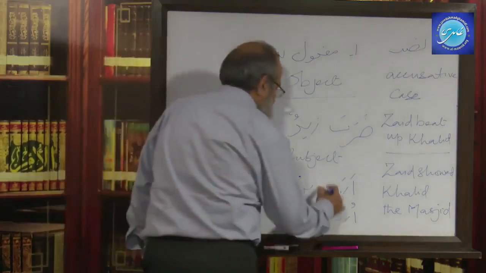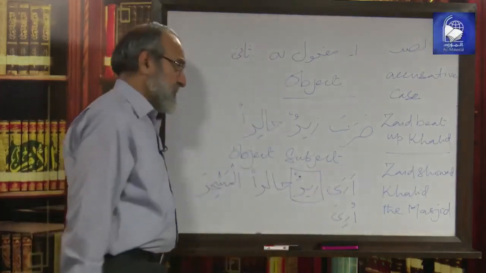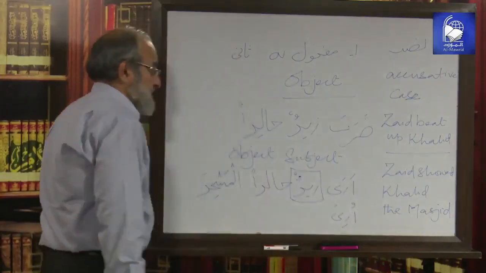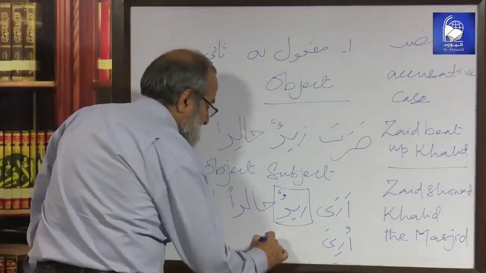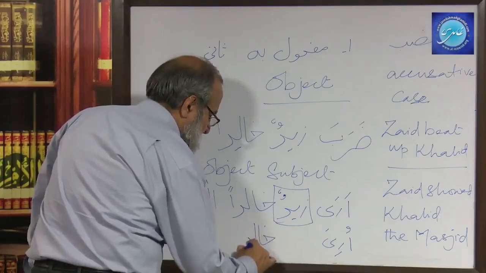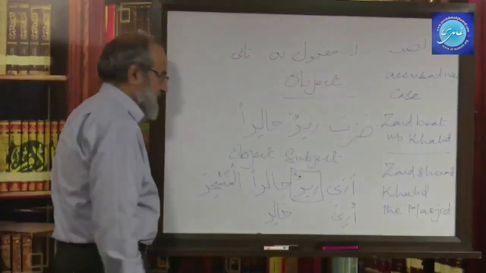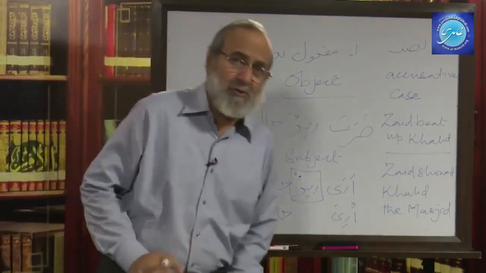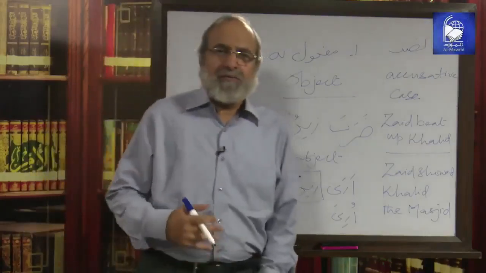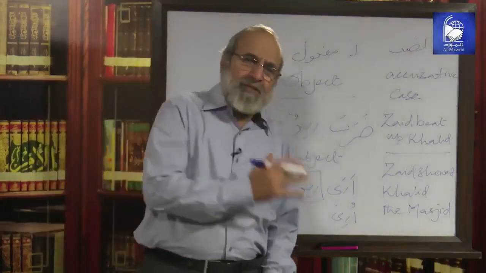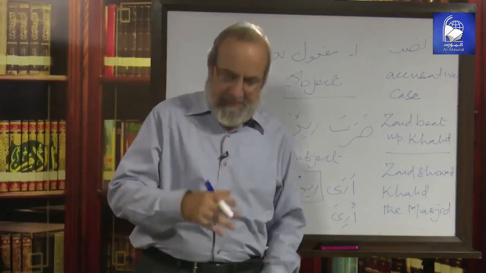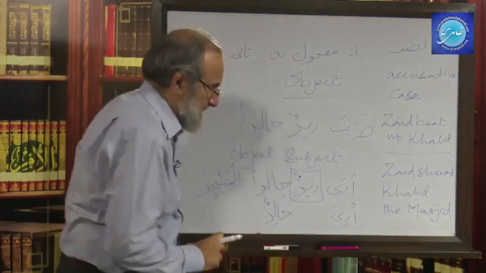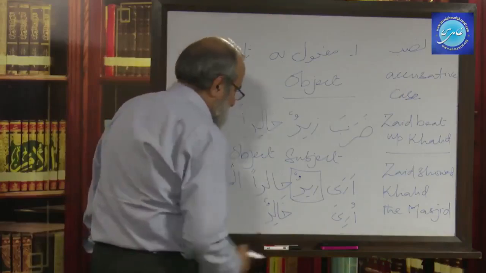We don't talk about Zaid because Zaid is the subject of the sentence which has an active verb. The passive verb sentence would need Khalid, which is the naib fa'il, the subject of the passive, and it would therefore be in the form of Rafa. I hope you recall it because Rafa is something we've already talked about. I'm not saying that you would forget, but it's a good idea that what you've already done should be there in your mind, and when we practice, we keep recapitulating and therefore reviving our memory and making it stronger.